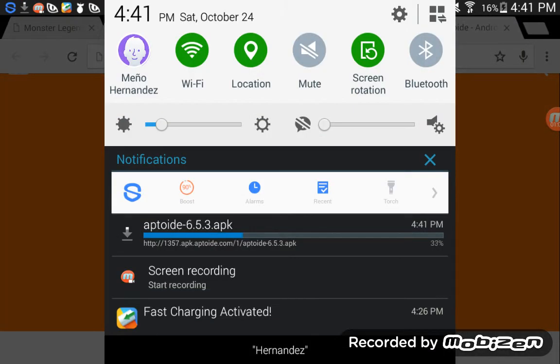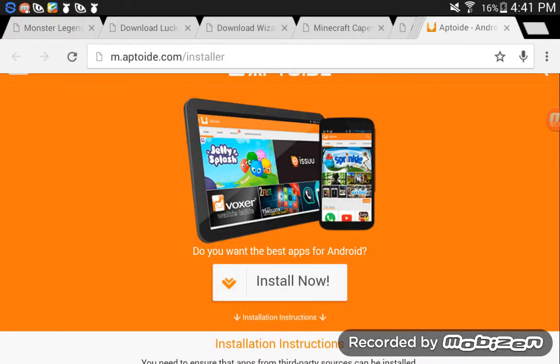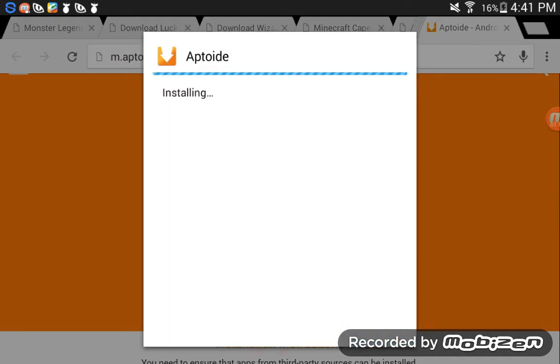And then check your thing and wait for it to download. Sorry for talking. Go to the file. Just install. It might take you to settings, and then you have to do a, not a survey, but it says something about, forgot what it says, but when it's installing,